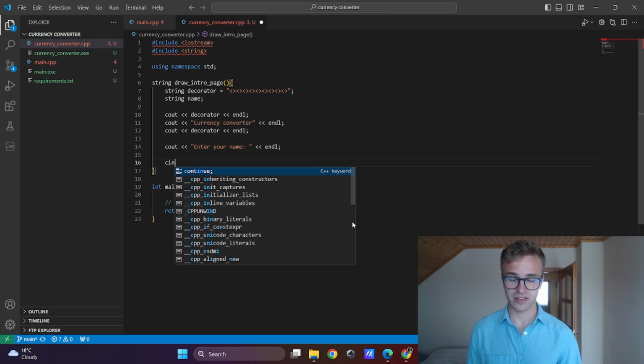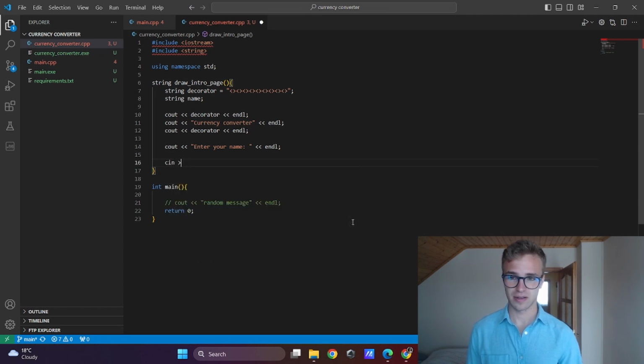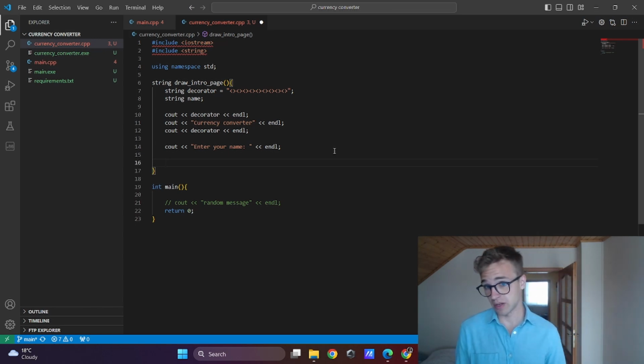Easily, you can write cin, the opposite arrows like this, and extract the input into x. You have to declare the variable before it, but it will extract the input from the terminal until the first white space. But we don't want to do it like this, because your name could have a white space between your first name, middle name, surname.